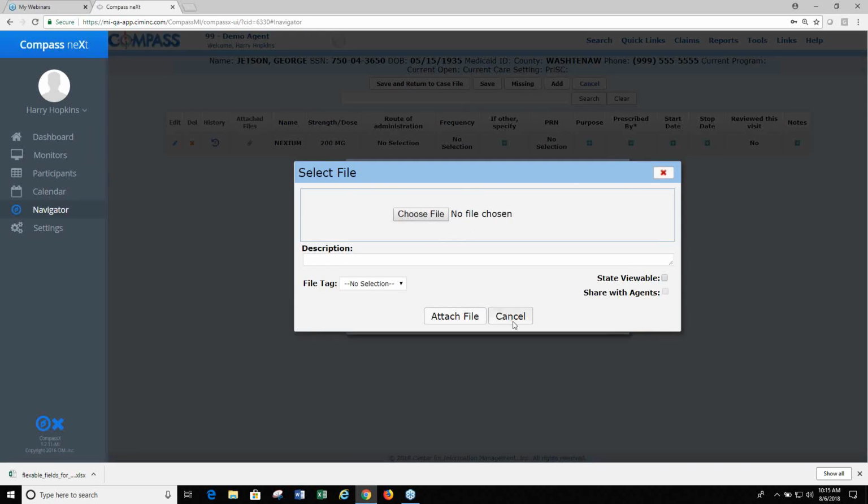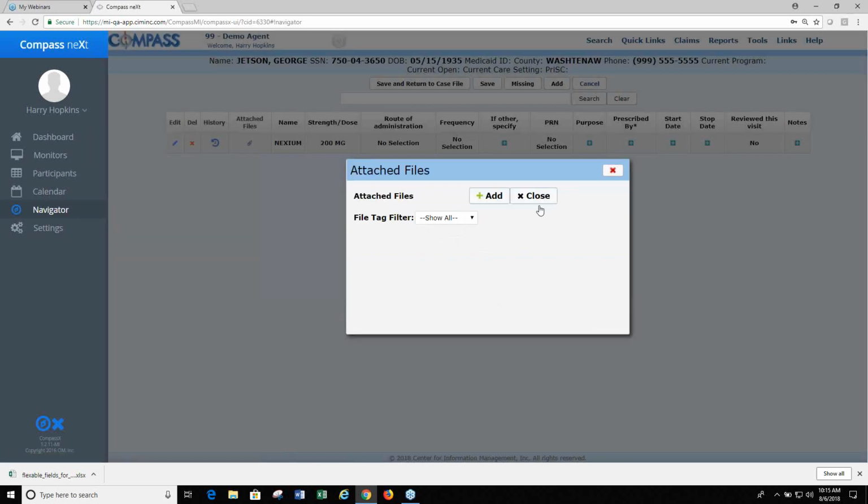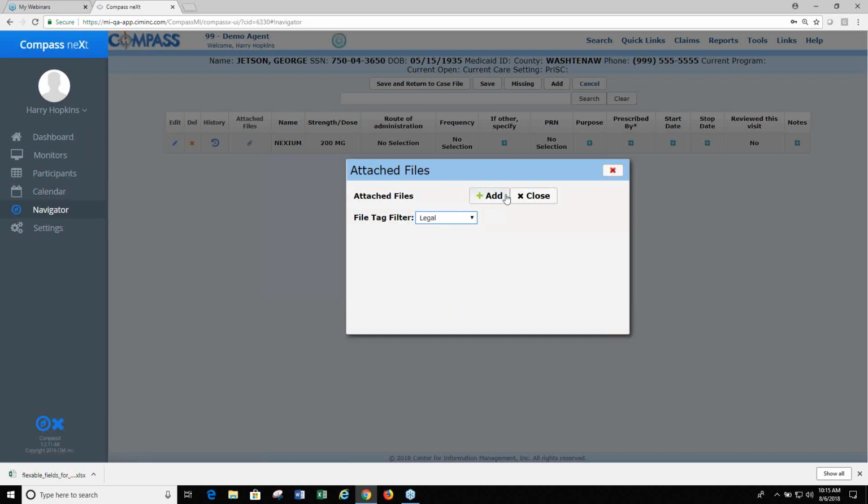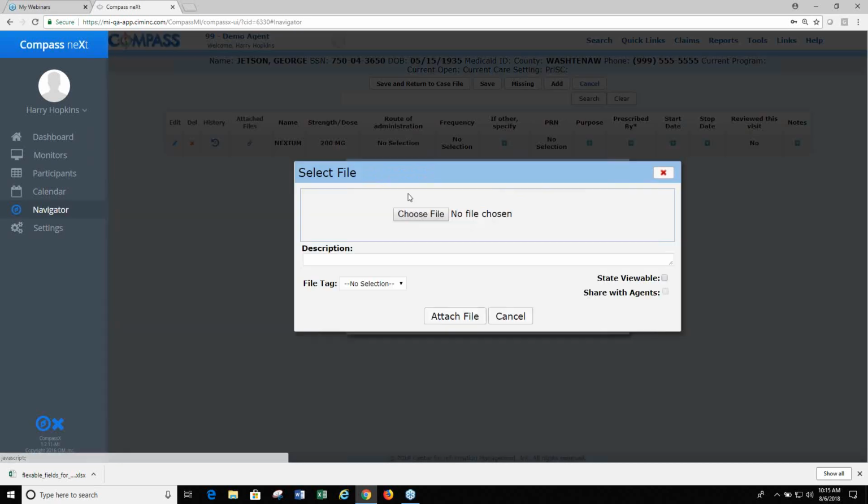file as is. So that's how you would get to the attached files if you want to attach a hearing and appeals letter in the wait list, or like I said, medication. Maybe you want to put the prescription copy from the doctor attached to it in here. It's up to you. It's all optional. None of this is required. If these are things that you're interested in doing, you can do it, but you do not have to. So that's how that would look in a grid entry. Any of the medications, waiting lists, medical providers, pharmacies, they're all these grid entries, and that's how you would do the attached files. So actually, I'm just going to attach a file here because I want to show you